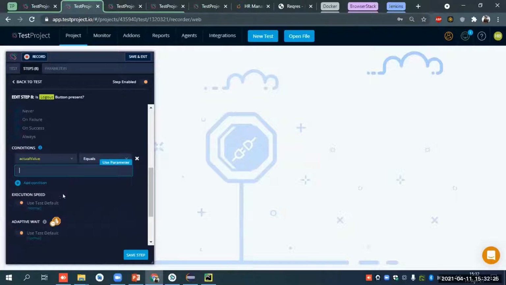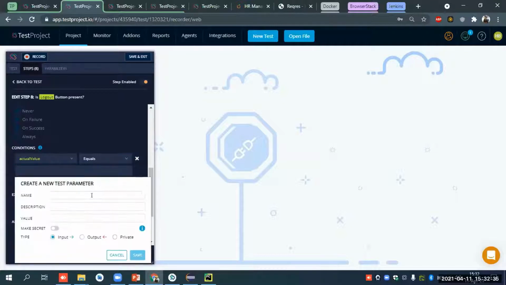Okay. So what I do is make the actual value equal to my expected value. I can create a new variable as well, and if I want it hard coded, I can hard code it. Let's create a new variable and give it the same value as the actual value.